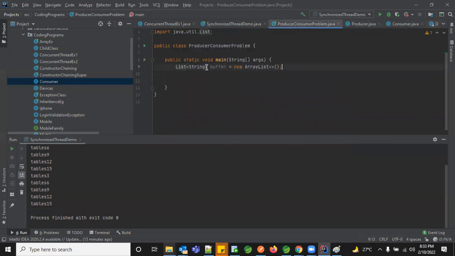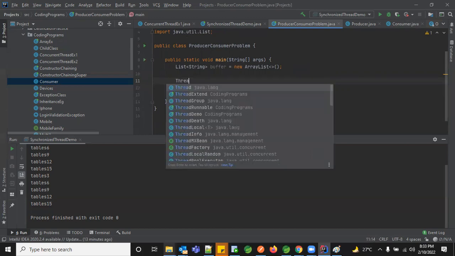So now we need to create that object, and with that object, we'll pass it to the thread which we create. Okay, so how do we create the thread? In case of extending Thread, we can just create the class name ProducerConsumerProblem and call the start method. But we are now using implements Runnable. So we have to create our own thread.